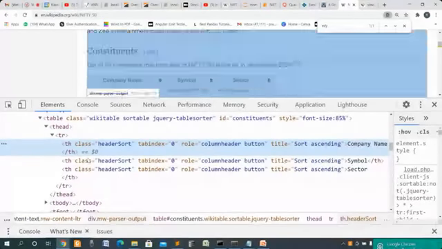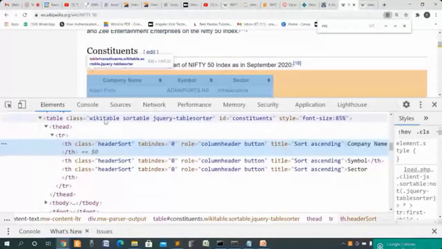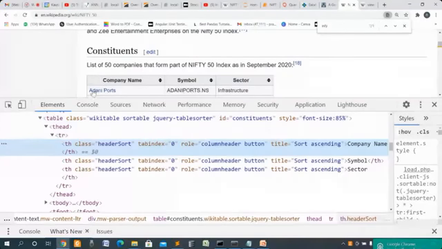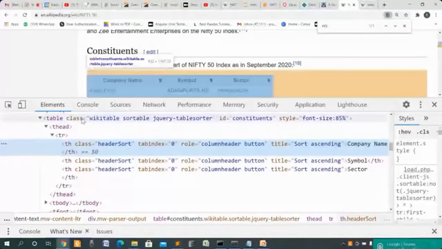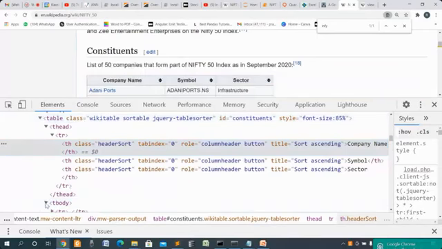We are saying table class wiki table, and it is sortable. So we have to search for this particular table in the text we have extracted, and from that go to the table body, because I am interested in this data.